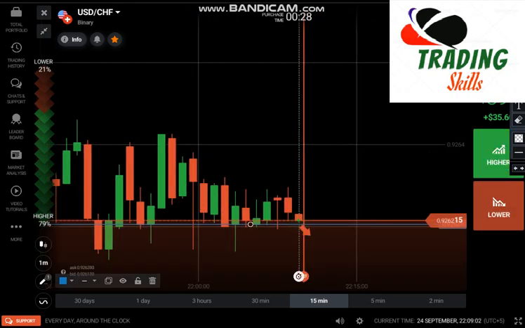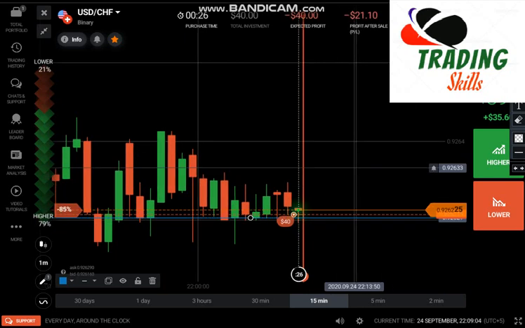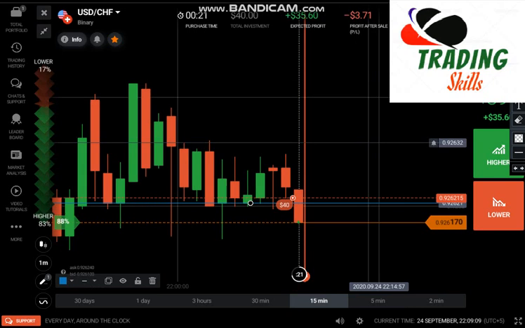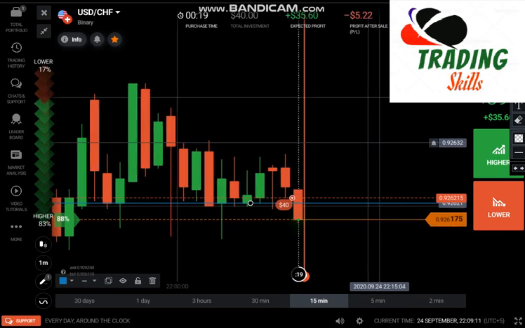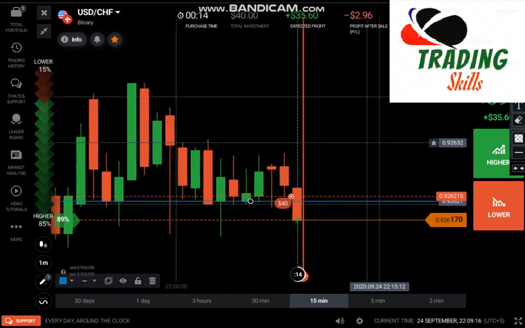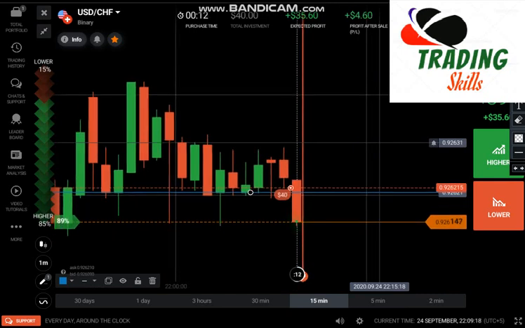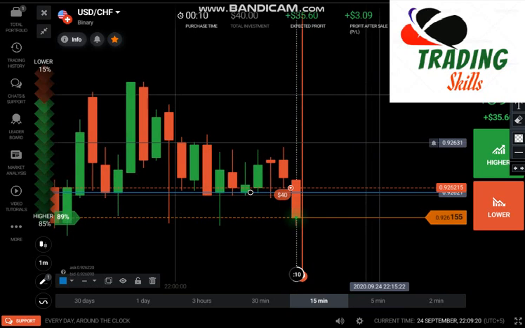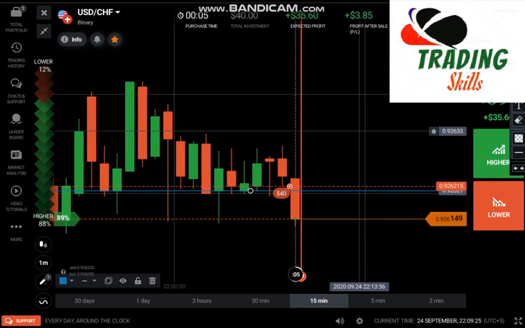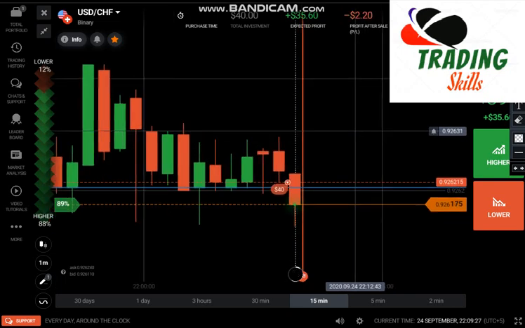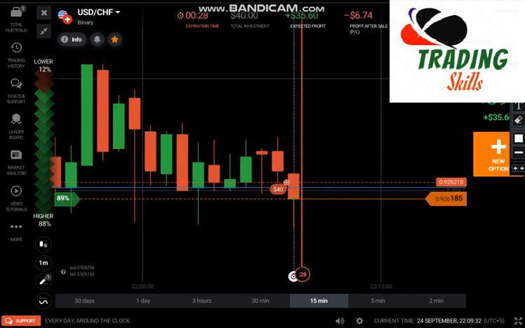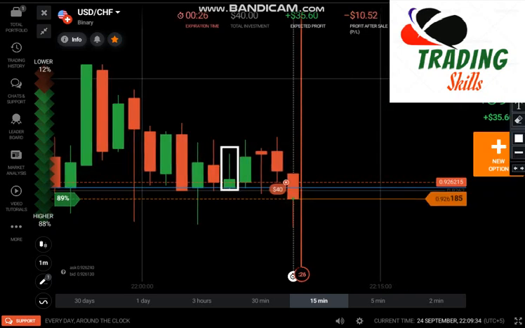Okay, so again I can go with sellers, again a late entry. So this candle will go down, this candle will also go down, and it will close as a bearish candlestick. So you can see I have started my trading from this point, and because of